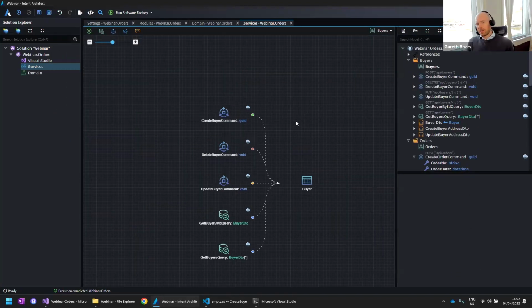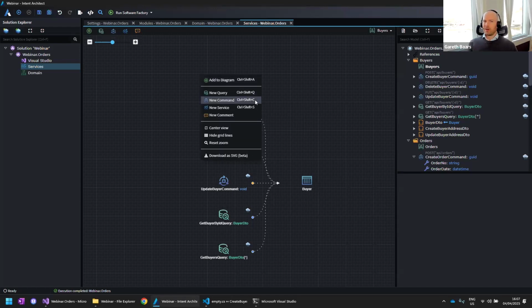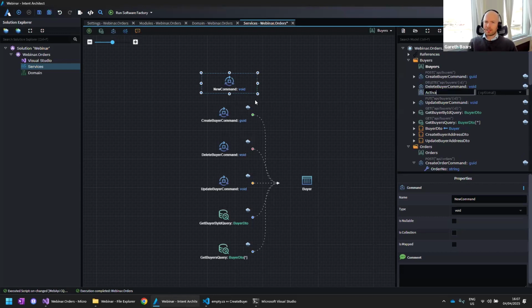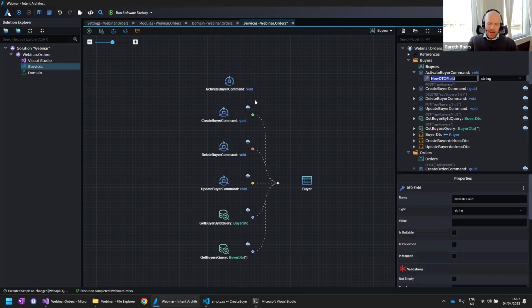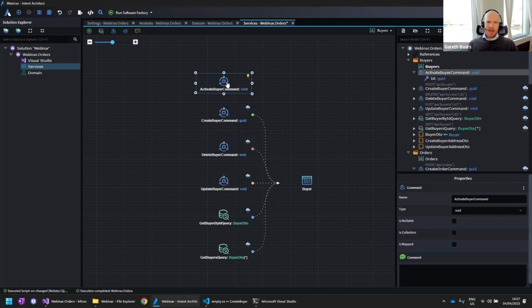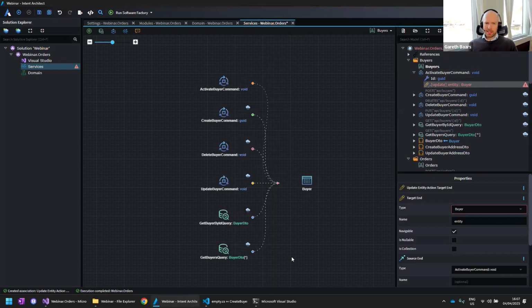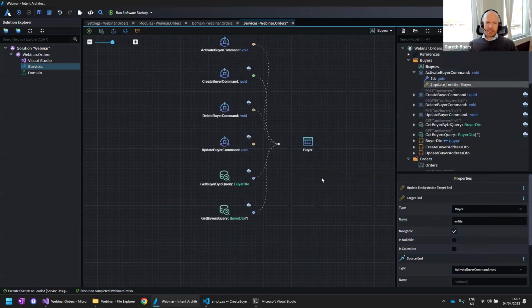And then just so that you guys don't get the impression that we're limited to CRUD related aspects of creating out our software systems, we can go ahead and create our own command here. Maybe I want to have an activate buyer command. Maybe I want to activate the buyers by ID. So I'll just search for these guys by ID, and I want to update essentially the entity when I do this. I can say done over there.